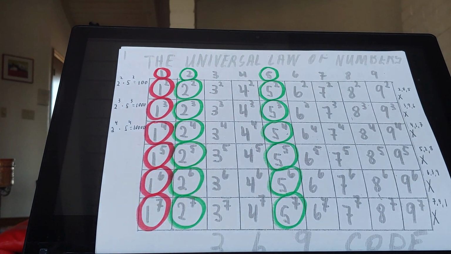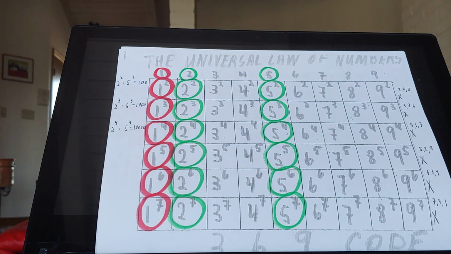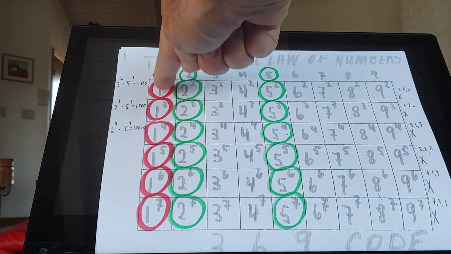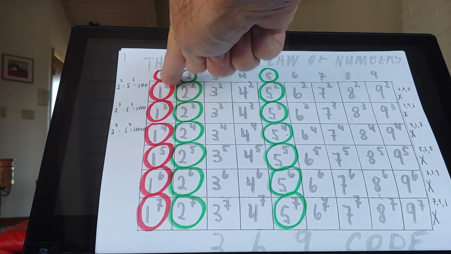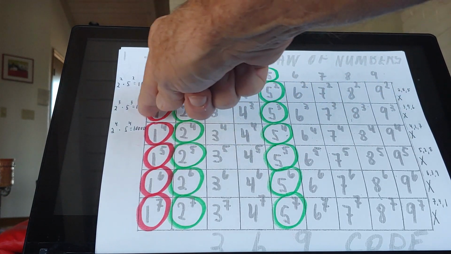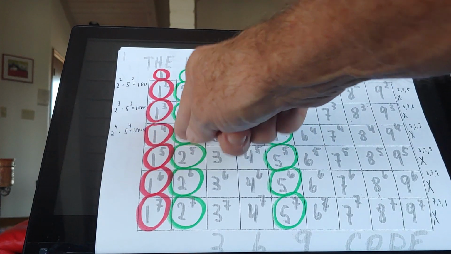Okay, now let's look at it. This is a little bit different, but we can see something going on. 2 squared times 5 squared. Okay, that's 4 times 25, which is 100. 2 squared times 5 squared is 100. It's 1 with 2 zeros. 2 to the 3rd times 5 to the 3rd is 1 with 3 zeros. 2 to the 4th times